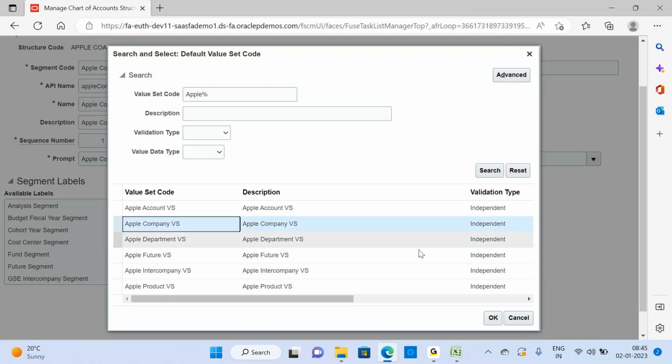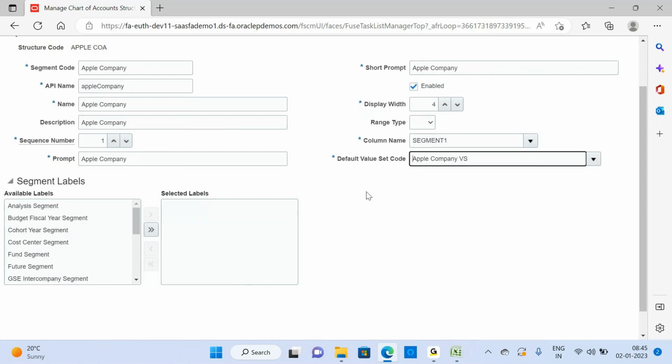Okay, Apple company value set, I am going to assign this to this code. Right, so I have defined a segment, I have added a segment with the name, and I just mapped that segment to one of the key segments that Oracle gives, and I have assigned the value set to the segment as well. And just below that